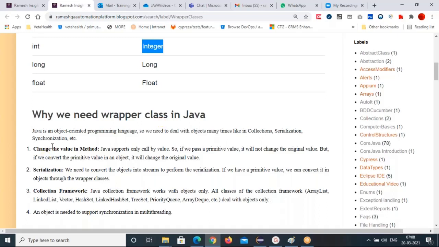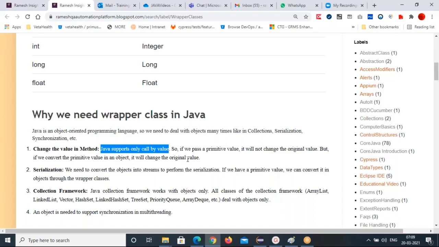The first one is changing the value in a method. If you want to change a particular value in a method, you need to use wrapper classes. Java supports only call by value. So if we pass a primitive value, it will not change the original value. But if we convert the primitive value into an object, it will change the original value.